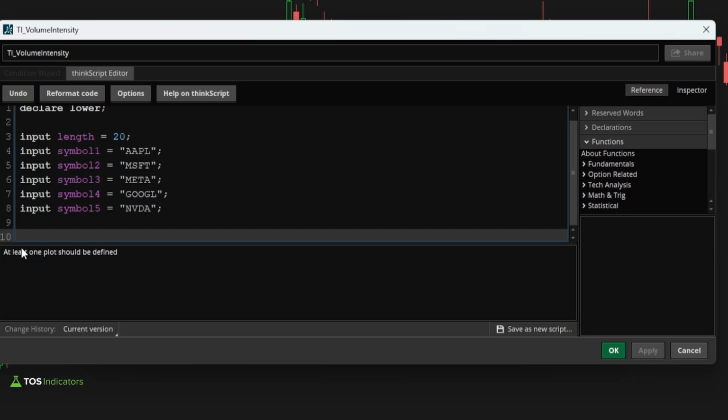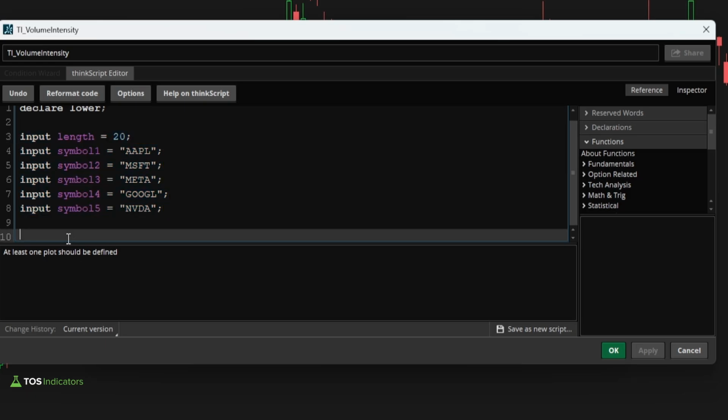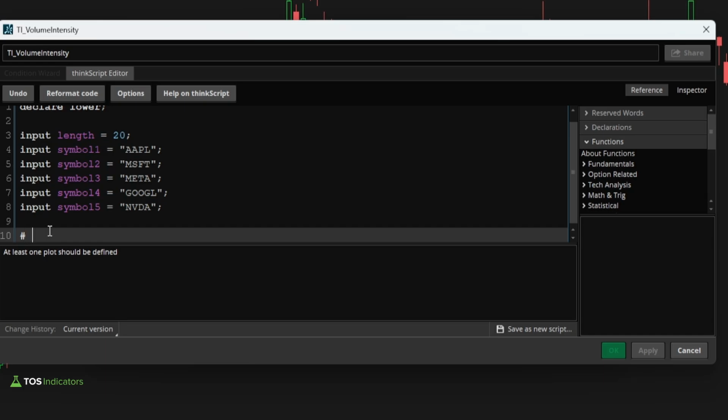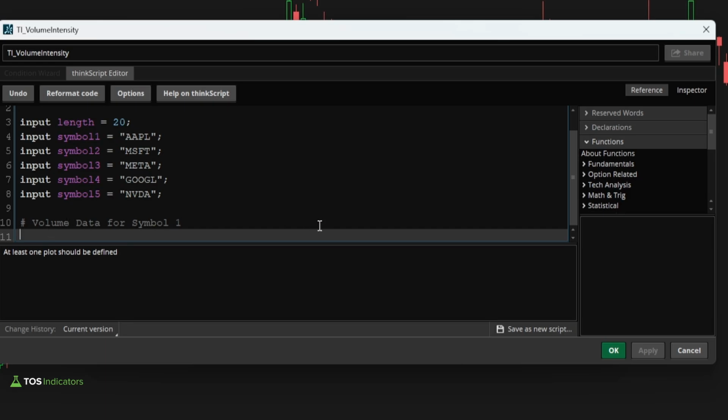And let's keep going down our code where now we've finished all of our inputs. I think the next thing we can do is actually write the code for our first symbol. So let's go ahead and do that. I'll say volume data for symbol 1. And inside of this, the first thing I think we need to fetch is simply the volume data. So let's go ahead and do that. I'll say def